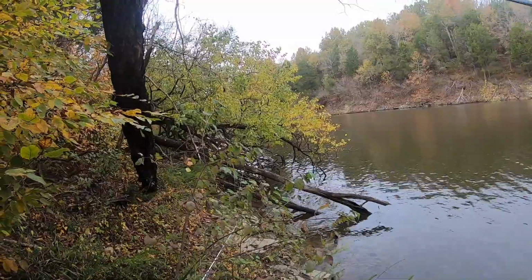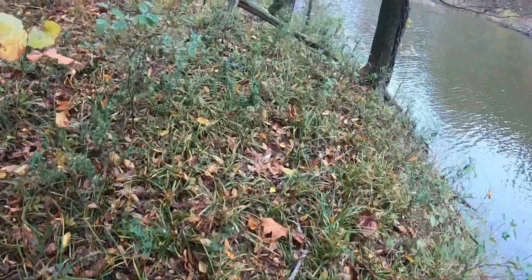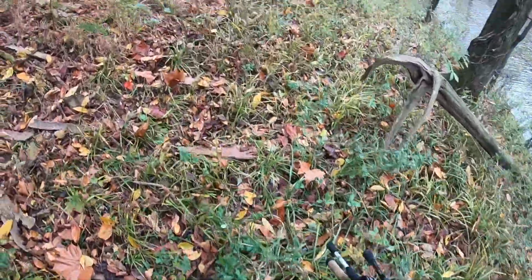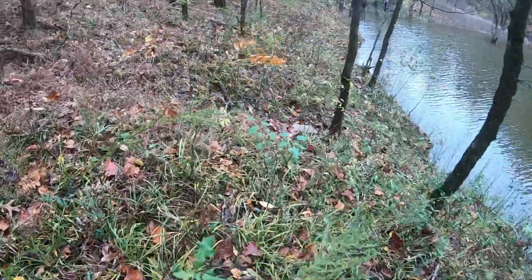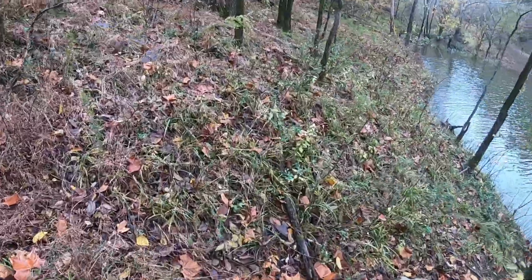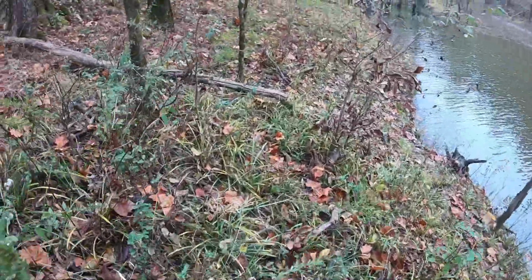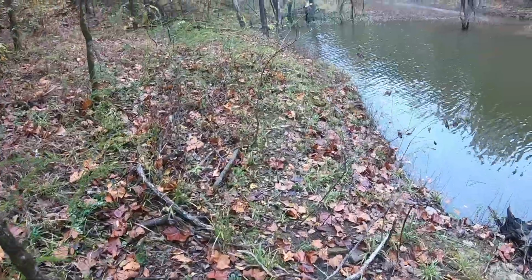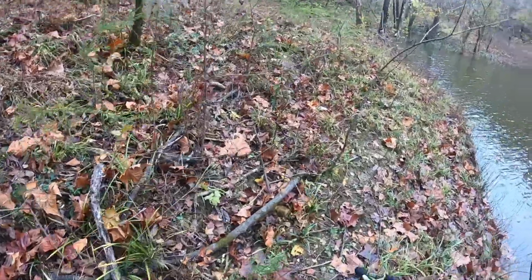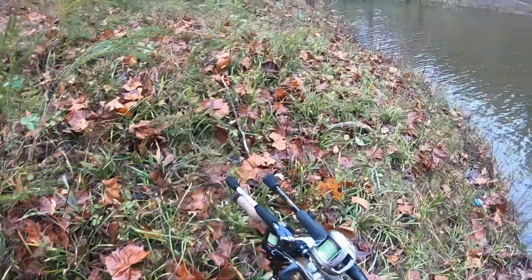So I continued down the bank, heading back towards where I originally started fishing, and I continued to fish the jig, the whopper plopper, the square bill, and I got hung up a couple times, lost a couple lures, no big deal. I had a good time, and ultimately I think that the fish are definitely in their fall funk, and you got to move around and find them. It beats what I've been doing, so...